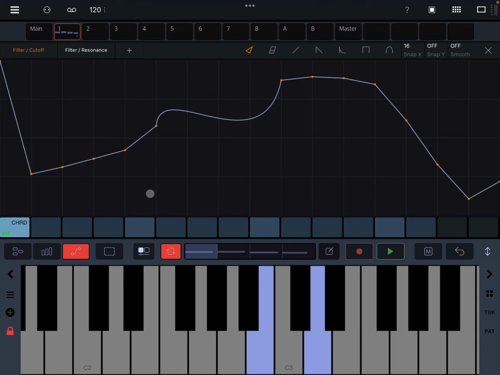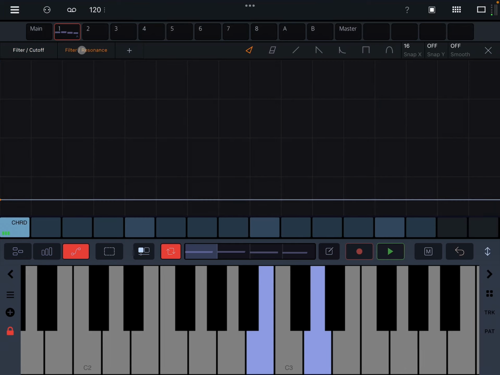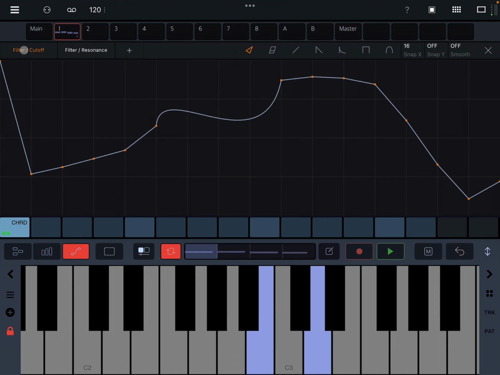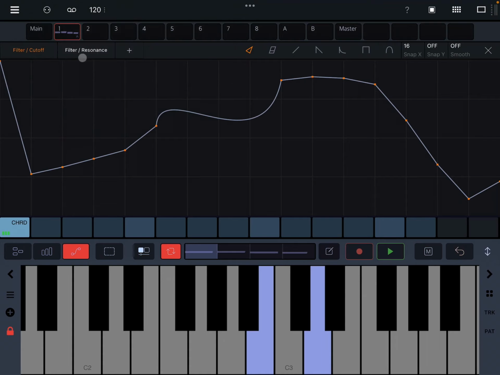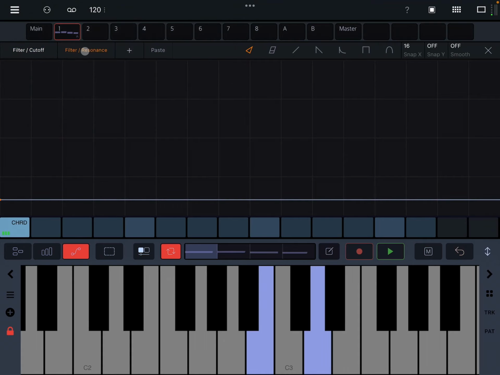it's very exciting. Then if we want this resonance lane to also have this automation, there's a way to do that. We just click on this lane, we hit copy, then we move to the filter resonance lane. Now you might think, I hit paste. It's a very convenient paste shortcut. That is not for this,